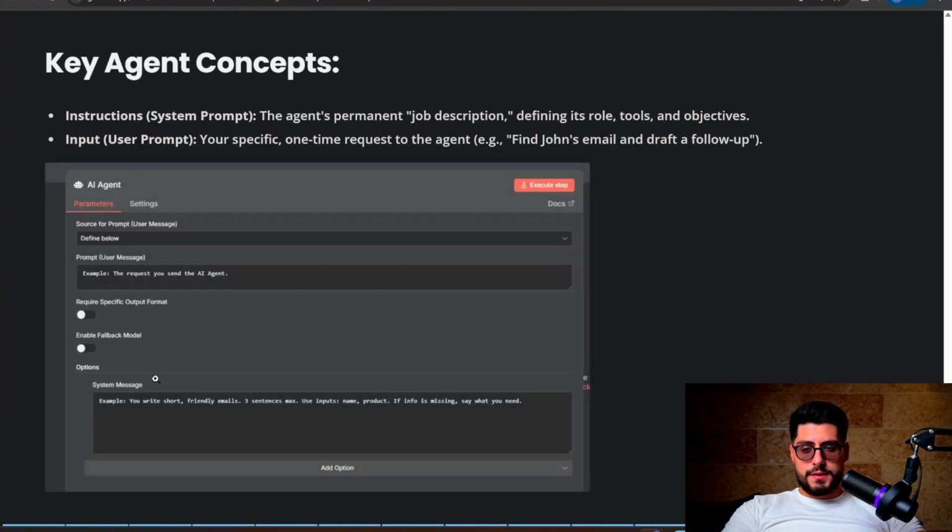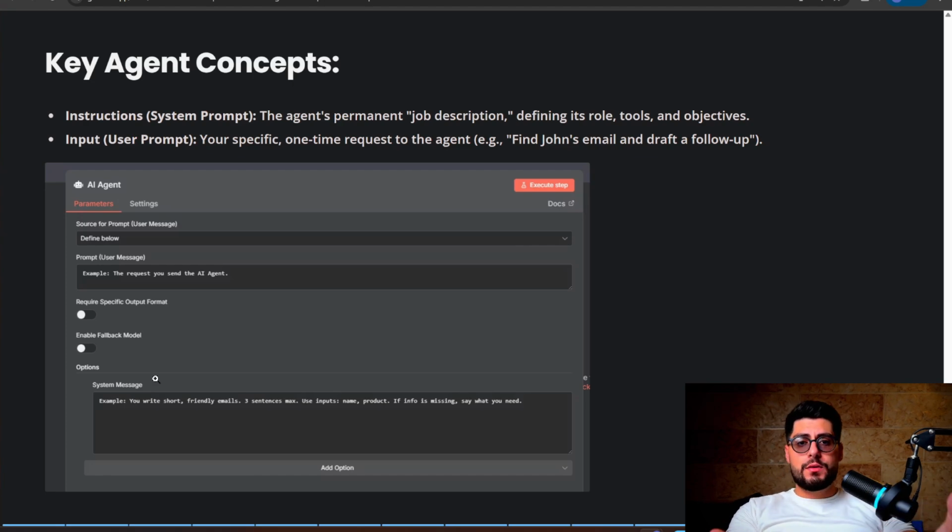Key agent concepts. To understand how AI agents work, we need to look at how they are built. The way an AI agent knows how to send an email based on a specific way is through two things: instructions and input. Instructions: we need to instruct the agent to send the email the way we want it to send the email. Let's say I tell the agent to send an email to John. It doesn't know how to send the email or what framework to use or what to include in the email or what data it should